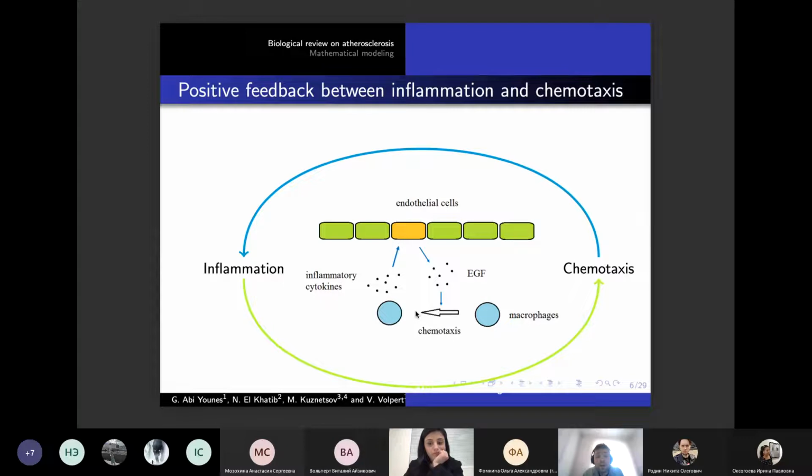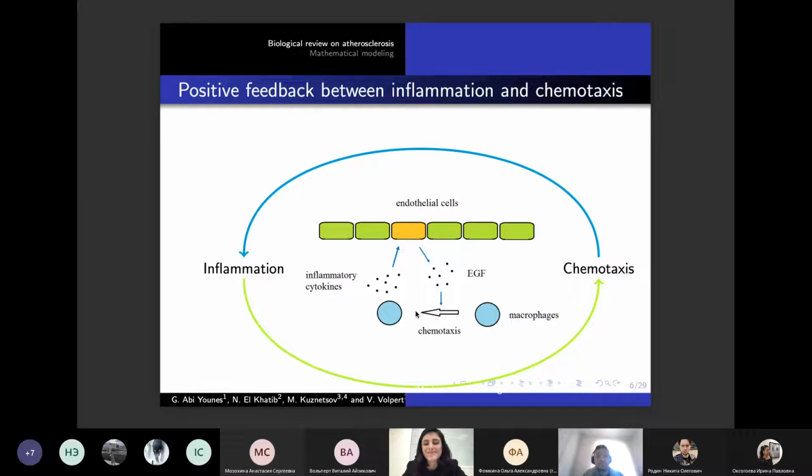Okay. So here you consider the movement of macrophages that are already inside the blood vessel wall towards the endothelial cells from below. Right. But then in the model, Gada will explain it in more detail, and in the equations we will see all these different terms, and I think it will become more clear.